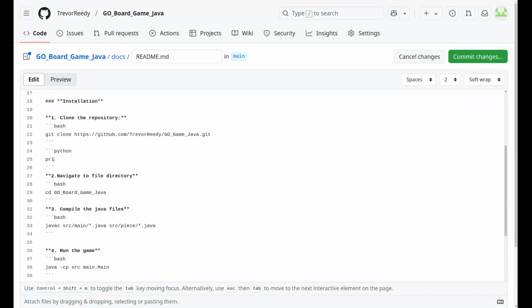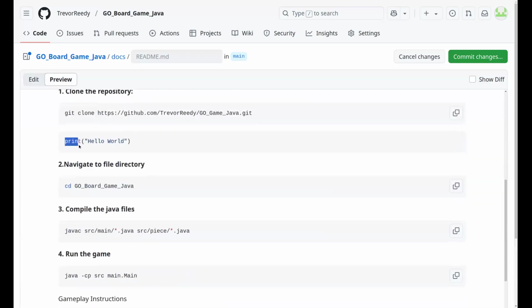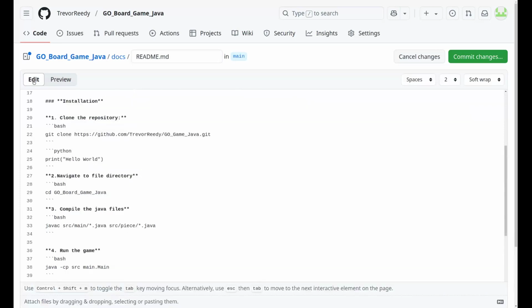So now I have this Python style of syntax coloring, where it should be a little bit more colorful, and I don't have to automatically choose how it would look. See, print is pink or purple there, and this string is now blue. So you're able to have some code in here if you wanted to do examples, and it wouldn't just be plain black text, which adds another level of presentation that I think makes it look really good for someone who's looking at your GitHub repository.